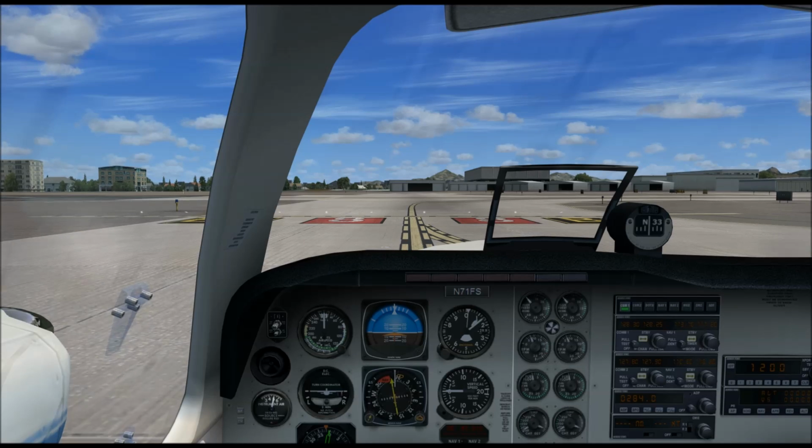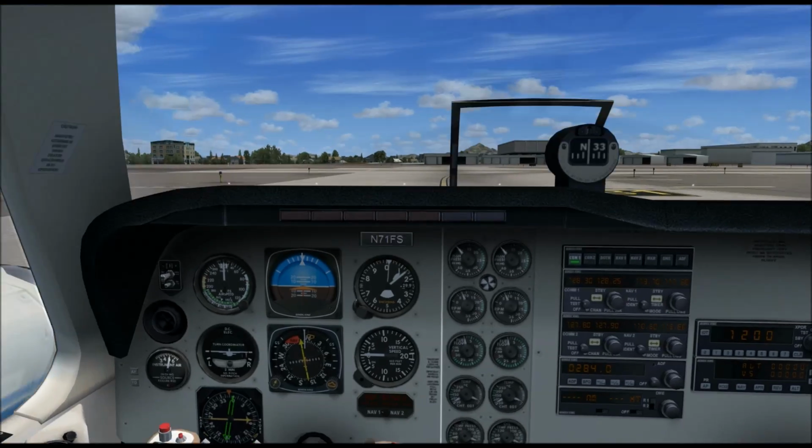Okay, so what we want to do before we take off, we want to go ahead and set up everything for that first VOR, because I mean, why not? We know that's what we're going to be doing. Anytime you're going to be navigating VOR to VOR, why not go ahead and set everything up before you take off? Now, if you're in the air and you just want to switch to VOR, that's something we can cover later on. But for now, let's go ahead and set up that first VOR so that we know where we're going. We want to go to the Gila Bend VOR, which is